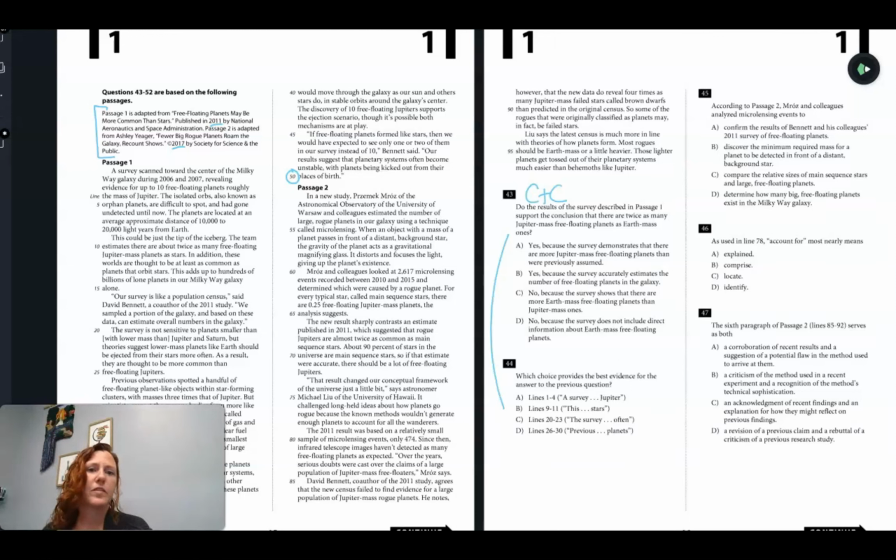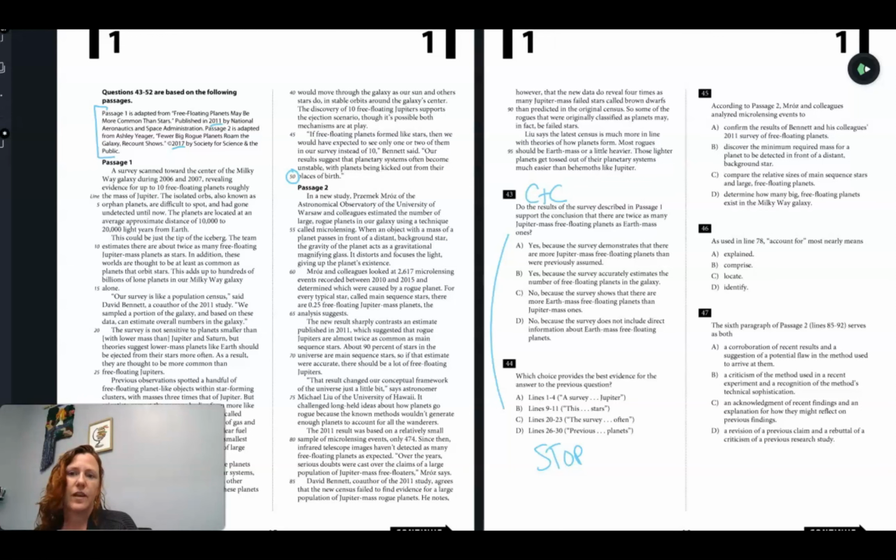Number 45 says according to passage 2, so I can already stop here. That is a quick little thing. So I'm reading passage 1 just really quickly for general information. I know that my only 2 questions on it are going to have a COE follow-up, so I don't need to look for information as I'm reading. So let's just see what broad scopes we can get out of this.